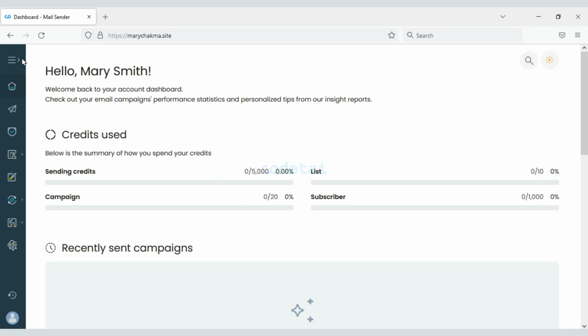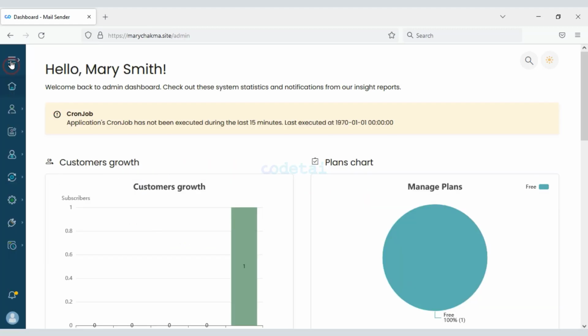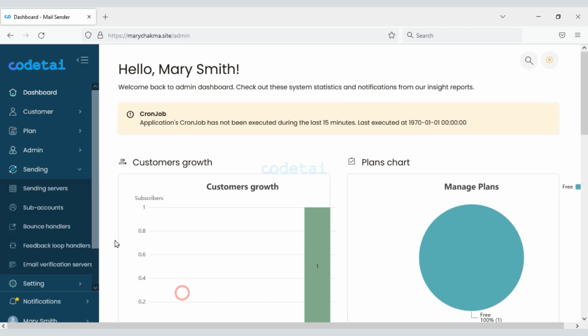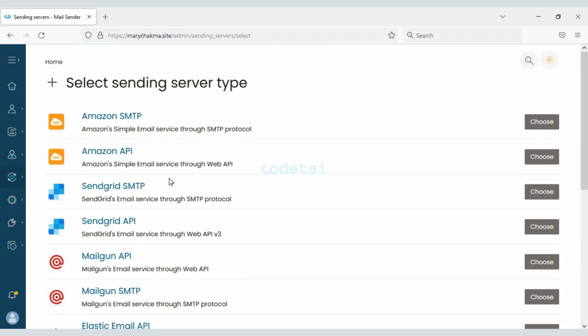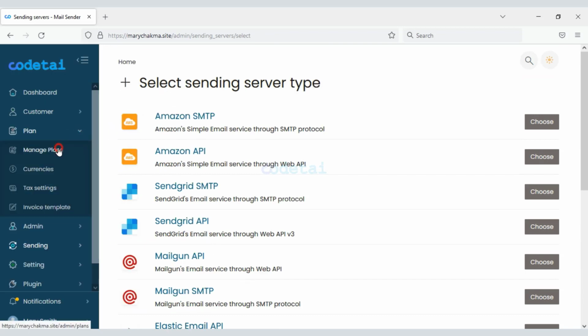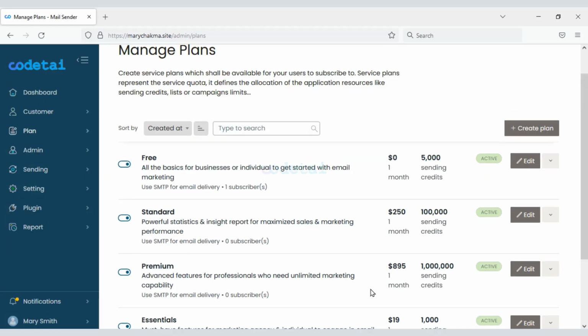In this video we will learn how to create an email marketing web application website. You can send unlimited emails by creating this website. You can add different types of email sending servers to the website. You can also create email sending packages for customers, or you can send unlimited emails using this website personally.